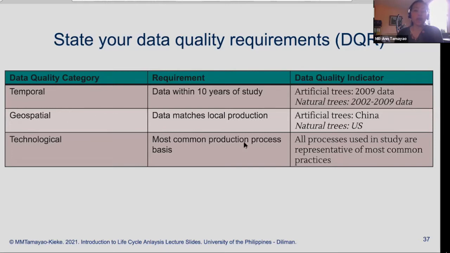Technological, most common production process basis. Okay, so what would be the data quality indicator for each of these categories? Okay, so for example, temporal. For artificial trees, it could come from 2009 data. Okay, and say for example,